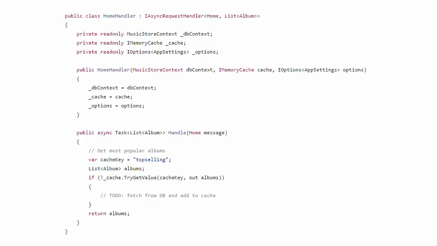So I have a constructor that's just taking dependencies, doing some dependency injection on our database context, our in-memory cache, just like our method did, as well as some options or application settings that we've defined that we need to pass in. So then in our handle method that we have to implement, basically what I did here is I literally cut and paste the code from the index method in our controller,